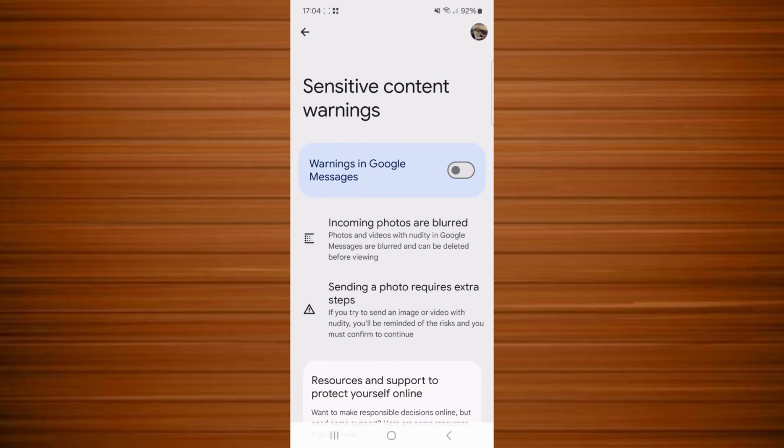And here, warning in Google Messages. This is by default on. And here, if this is on, you don't have access to all the photos and videos. But if you want to have access to all the adult photos and videos, you need to turn it off.